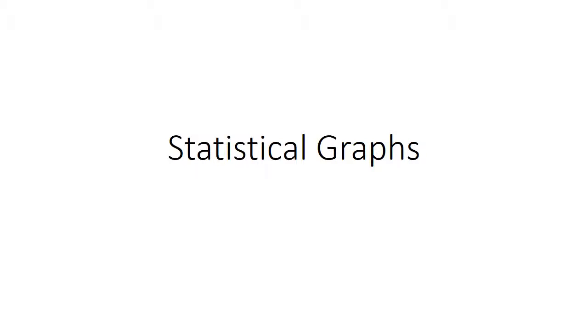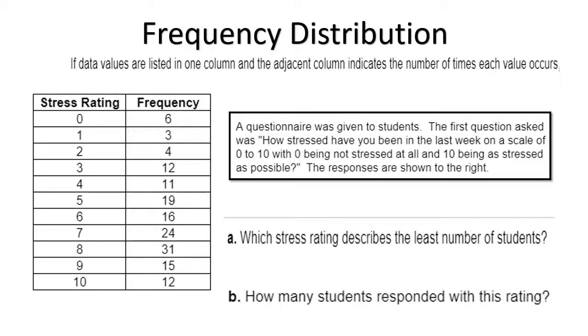A major part and skill in statistics is being able to demonstrate and graph your information and results. There are different types of statistical graphs. This first one is a frequency distribution. It's where the data values are listed in one column and the adjacent column indicates the number of times that